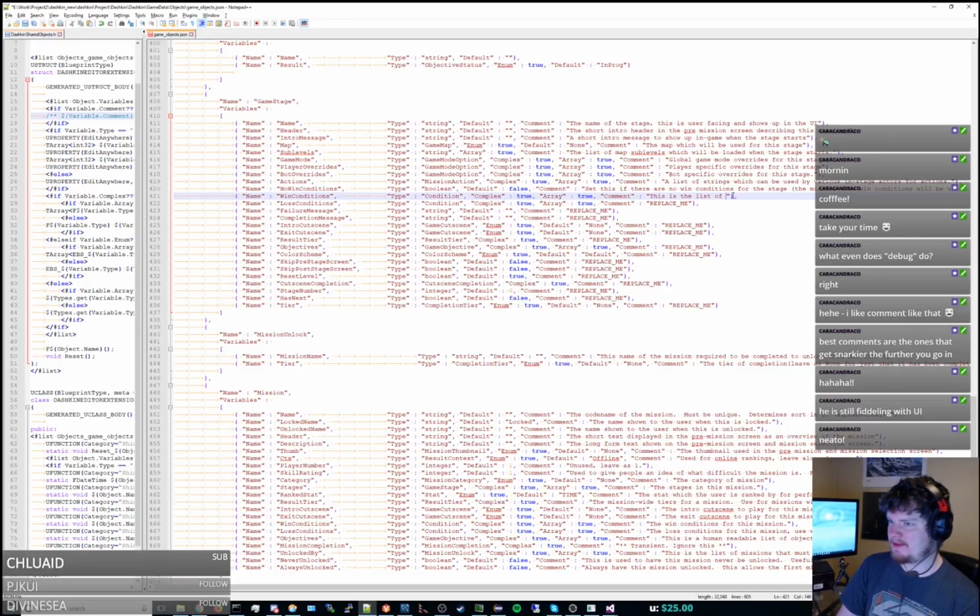Alright, so this is a list of conditions required to win this stage. I should say required to end this stage with a win. That's more clear. Because it may be that it ends the stage, so you might